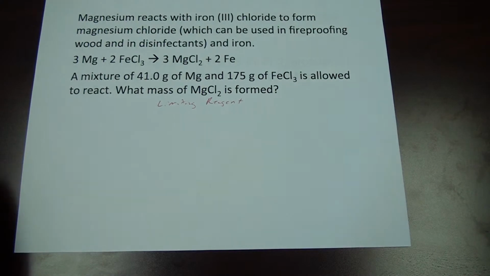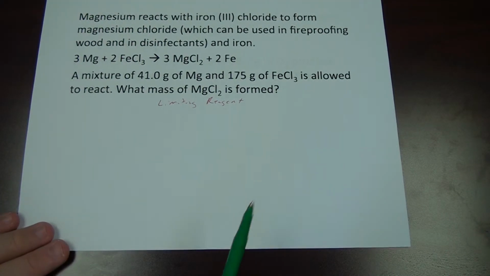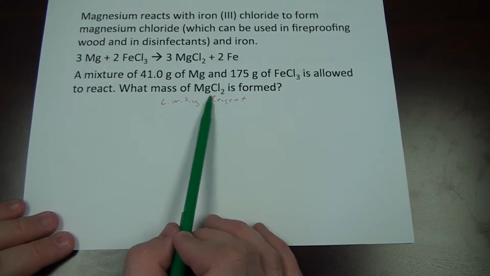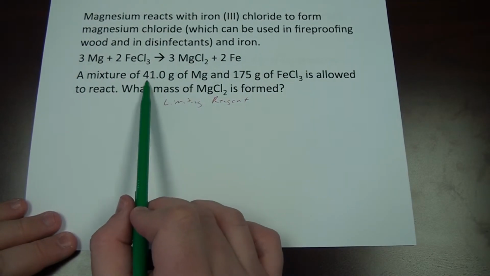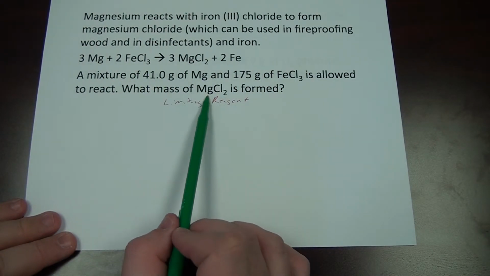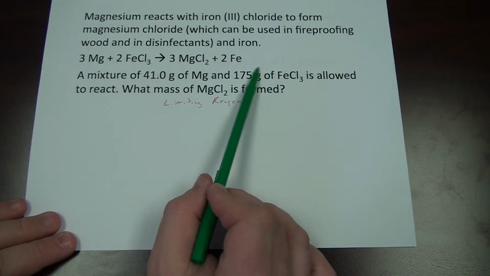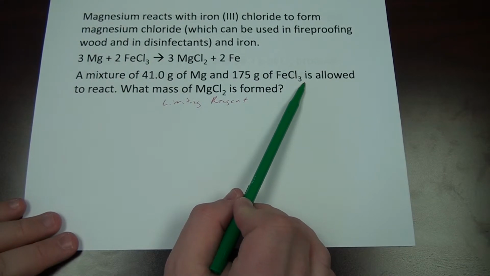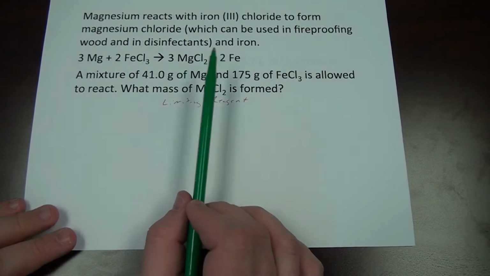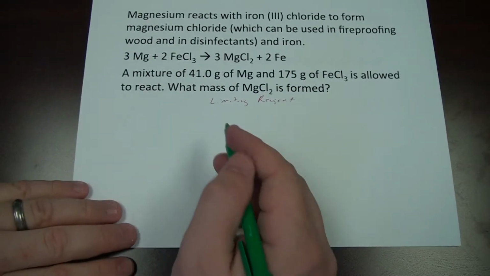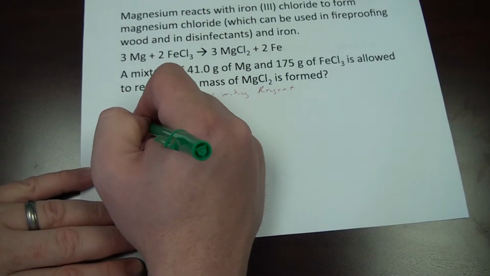But again, we're going to solve it the same way. We're going to say, okay, we want to know how much magnesium chloride is formed. So let's say if we convert all of this magnesium to magnesium chloride, what mass would we have? And if we converted all of this iron 3 chloride to magnesium chloride, what mass would we have? And then we're going to select the smallest one. So let's start with the magnesium,